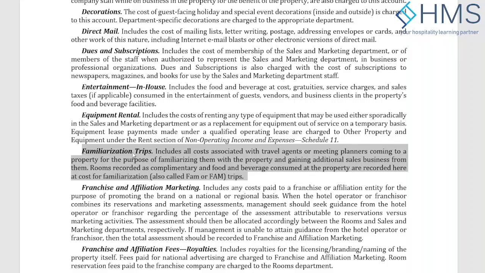So nowadays, I think in the coming scenario, the cost of familiarization trips will be less. Nowadays, we have virtual familiarization events where you may be inviting agents and showing them around the property with 360-degree videos, or virtual events. So if you are paying fees or hiring any agency to do it, then the cost of that will also be going into this line, familiarization trips, so that you can compare how you have been doing in physical and the digital ways.